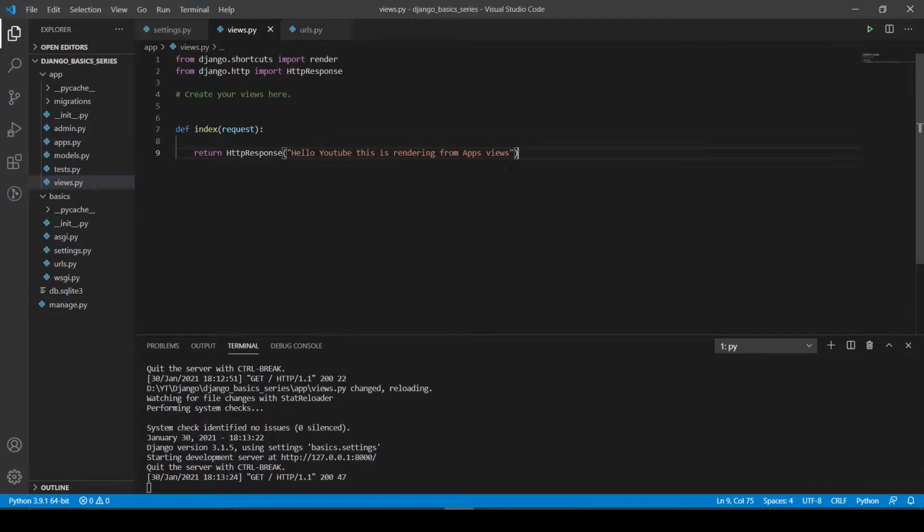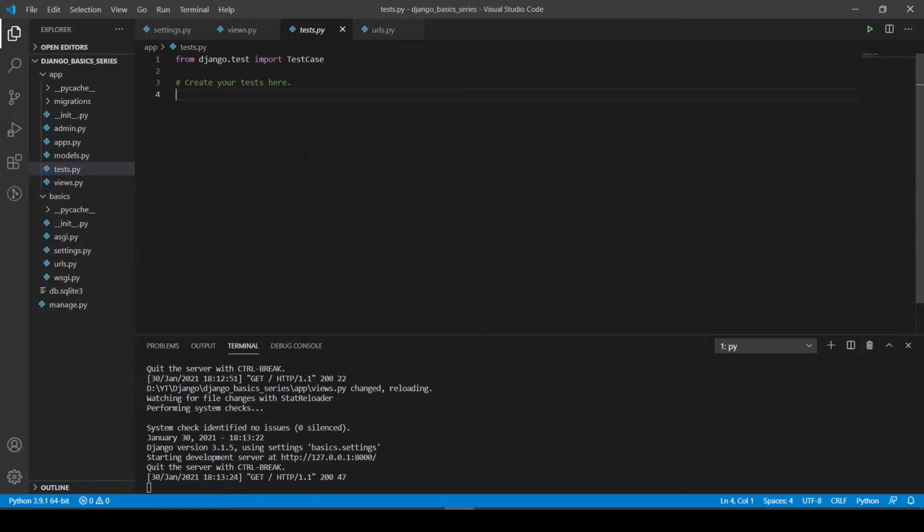In the last video I may have neglected to explain what apps.py and tests.py are. tests.py is for testing: if you want to check whether the app is working properly, what the output of this page should be, whether it gives the correct output, or whether it handles all the test cases.